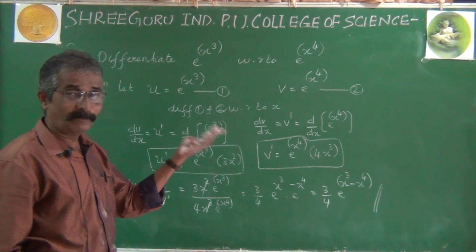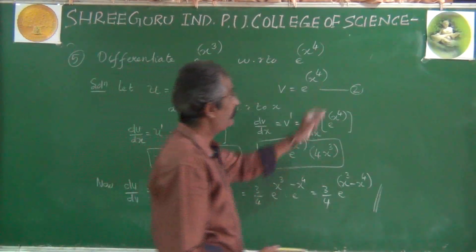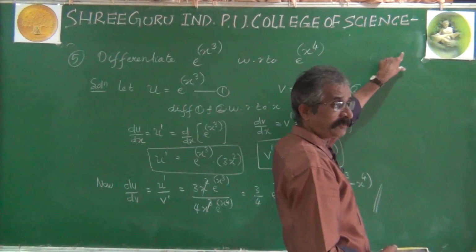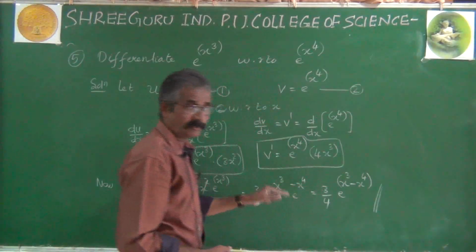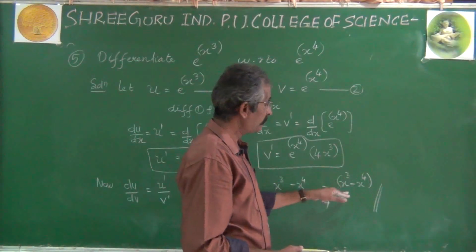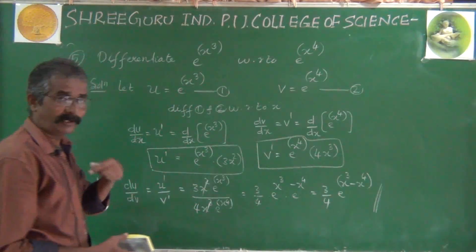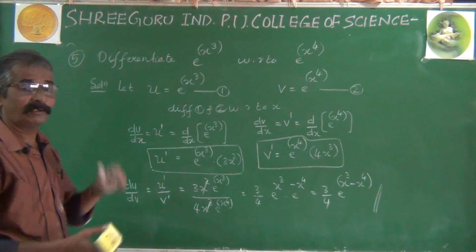So that depends on the paper setter, may be given, may not be given. If any specific value of x is given, at the end you will substitute that value of x in the expression and simplify to get a numerical answer. I mean, an answer in terms of real numbers.